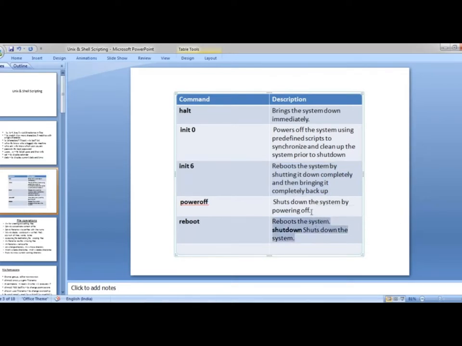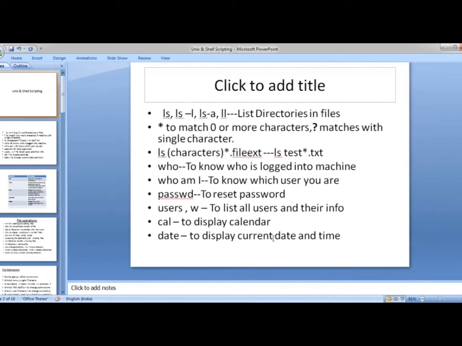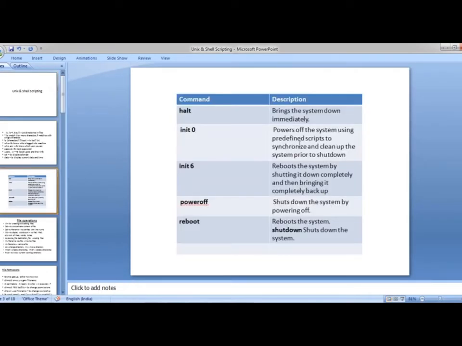Poweroff will power off the system. Init 0 will also power off the system, but it runs a few scripts and does a system cleanup, and then shuts it down. Halt brings it down immediately. So we know when we use it, right?